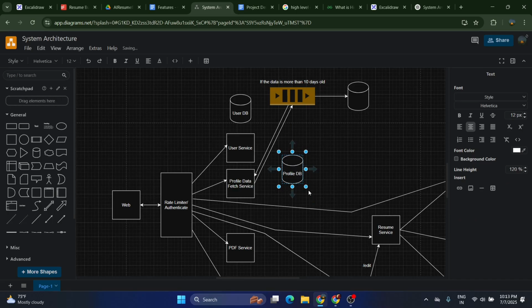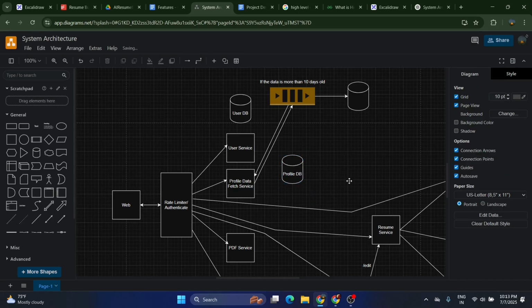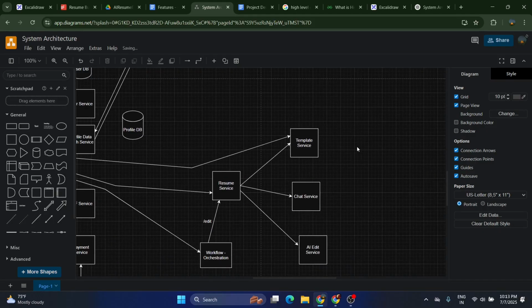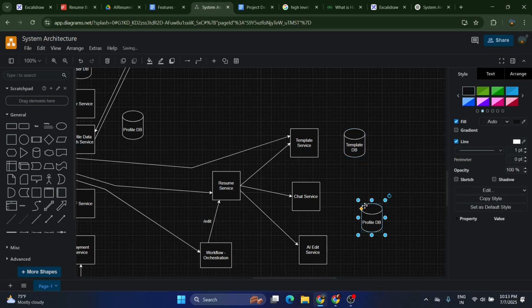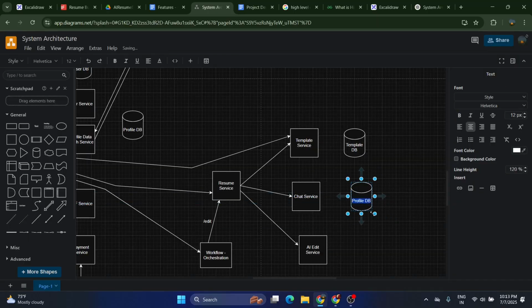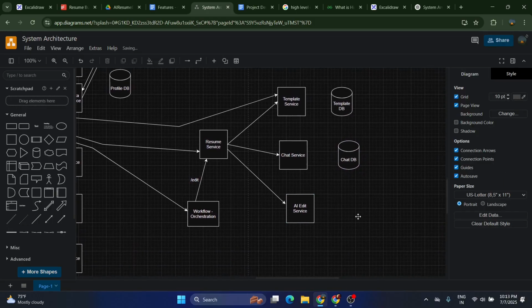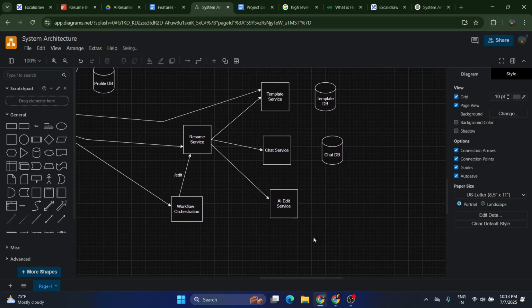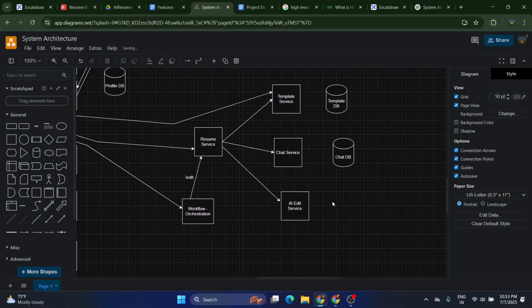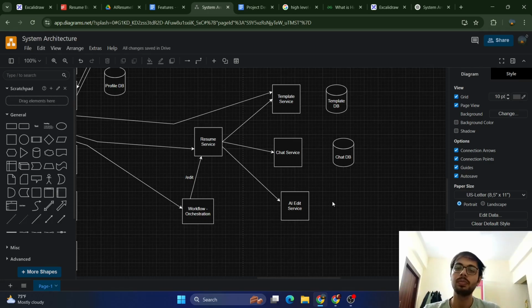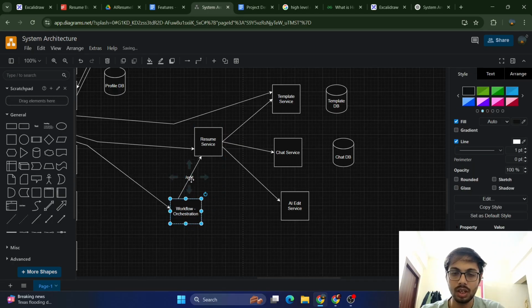प्रोफाइल डीबी। उसके बाद में टेम्पलेट सर्विस इज बेसिकली जहाँ पे हम लोग टेम्पलेट्स वगैरह भी स्टोर करेंगे, तो टेम्पलेट का डीबी अलग होगा। चैट सर्विस जो कि चैट्स को स्टोर करेगी, तो चैट डीबी। AI edit service, now this is gonna be a vector store क्योंकि persistent DB भी रहेगा कि रेज्यूमे का जो भी डेटाबेस होगा, अगर हम ये देख रहे हैं,